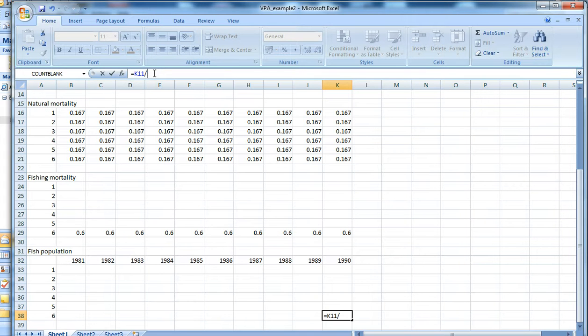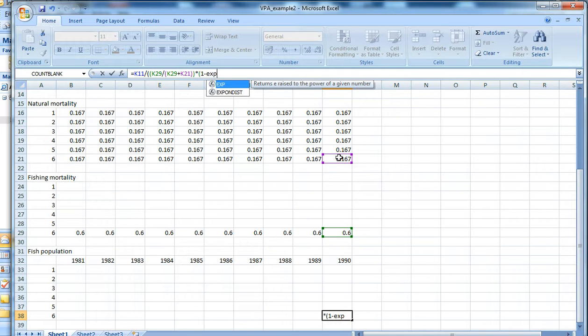I've got a couple of operations to go on here, so I'm going to put in a couple of brackets, at least 2. My next thing is F, the fishing mortality that year, divided by total mortality, so that's that, plus that. And I'll close that bracket. So now I've worked out the F over Z component, and that's going to be multiplied by 1 minus